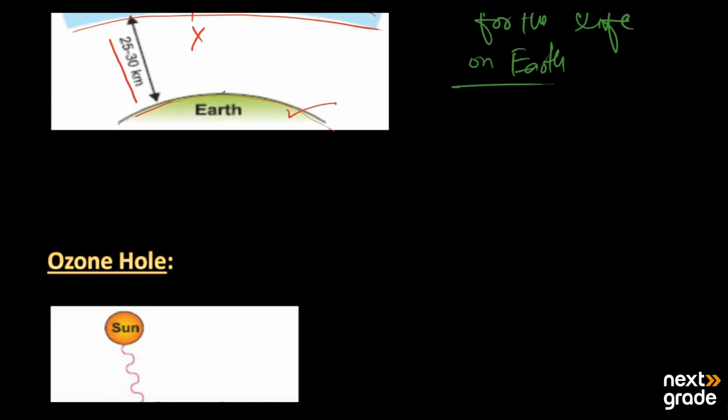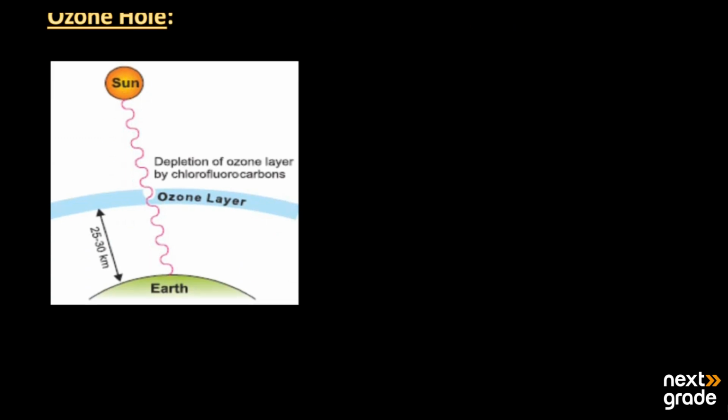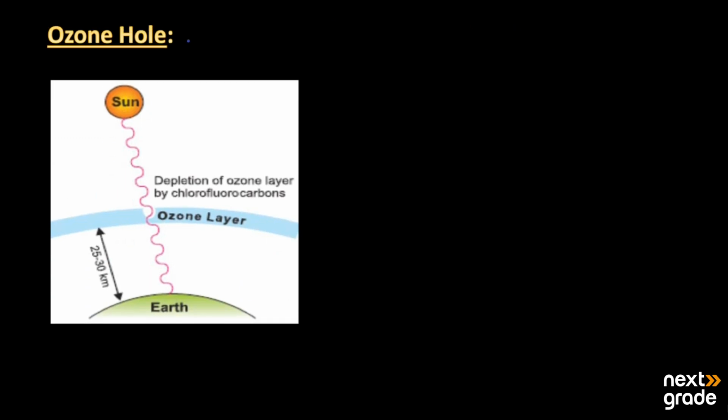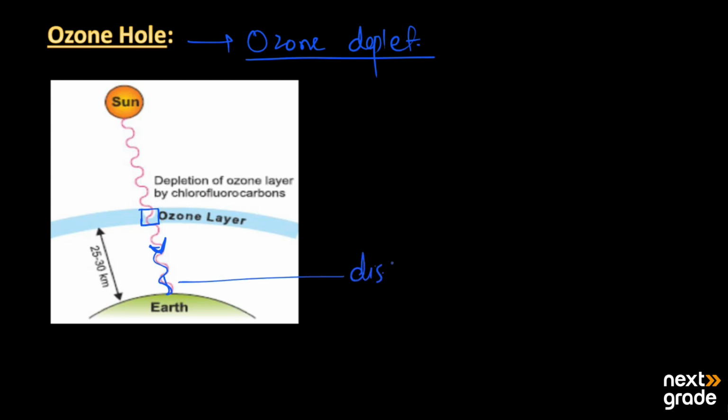After this, we have the formation of the ozone hole. Basically, it is the process in which the ozone layer started to deplete. This is known as depletion of ozone, and we have some reasons for ozone depletion. It is a place where a hole has been created in the ozone layer, and from where the ultraviolet radiations have started to reach the earth's surface. In turn, it is causing many diseases, and that hole has been created at Antarctica,